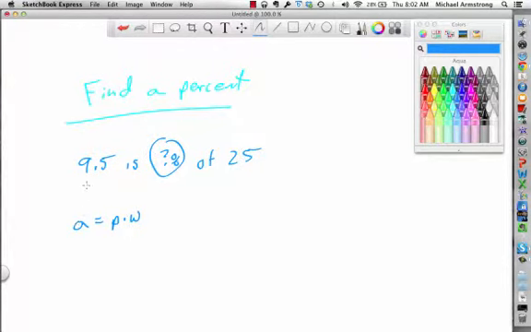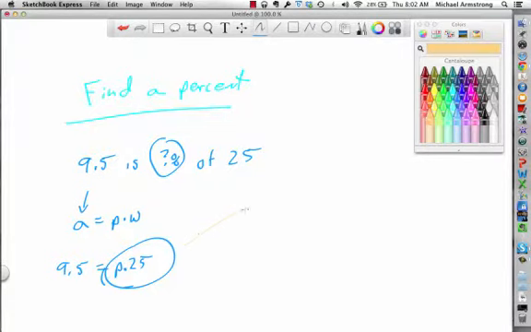So that's this. That's A, because A stands for what percent. 9.5 is what percent. So we just fill 9.5 in here. We don't know the percent, but we do know the whole was 25. So the whole is 25, so it's P times 25. Now it would be better to rewrite that as 25P. So if I were to come over here and write 9.5 is 25P, then we use algebra to